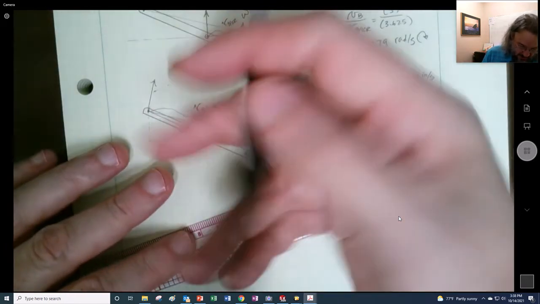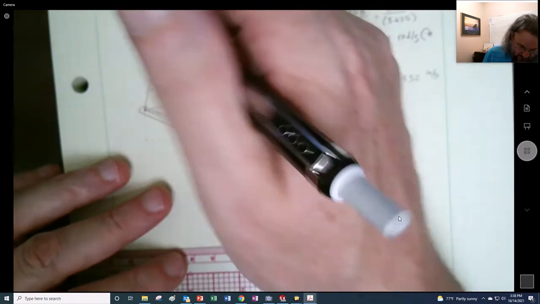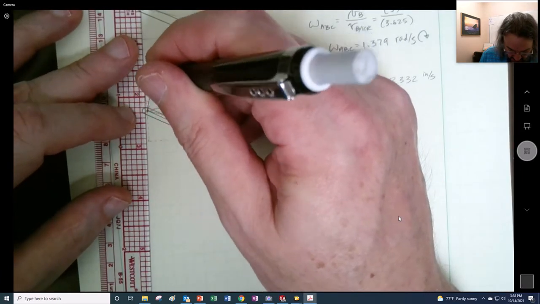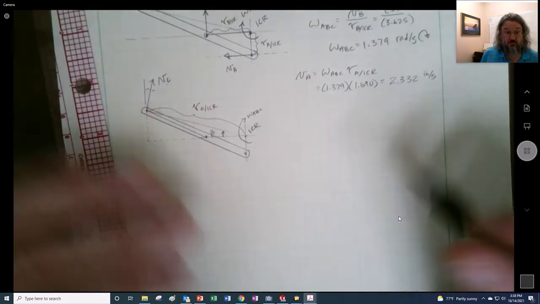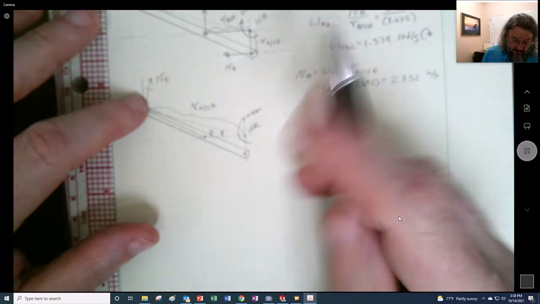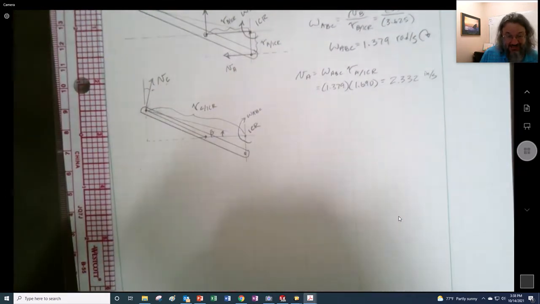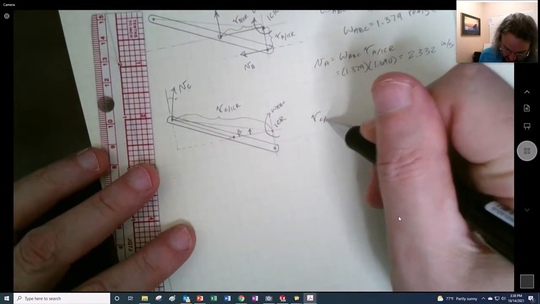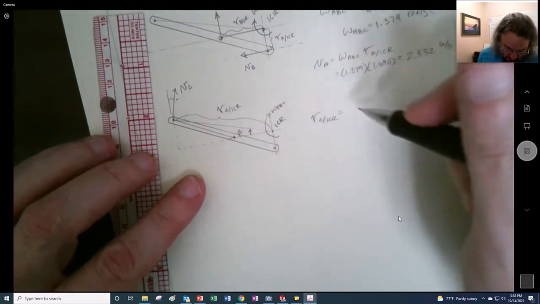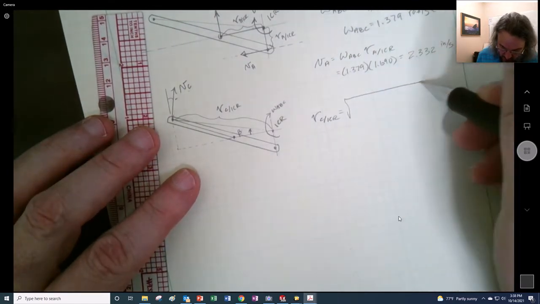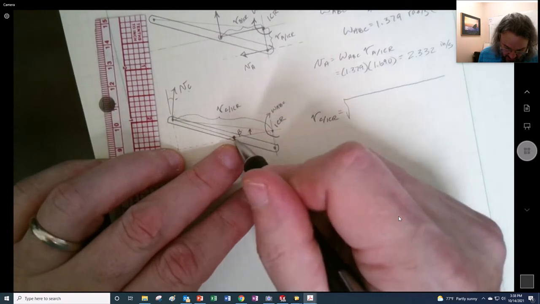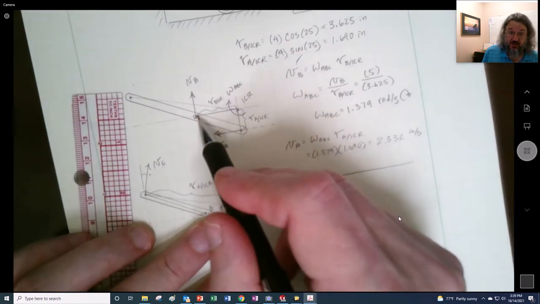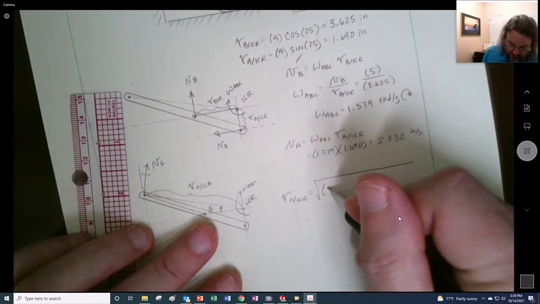And when I'm done with that, by the way, I'm going to see that that angle is going to be the same thing as this angle right there, right? And then I'll be able to tell you, once I subtract this from 90, that will be the answer. So I want to get my RC with respect to ICR from this little diagram. What I'm going to find is going to be the square root of this length right here, which we already have actually. That is the same thing as this length. So that's going to be our